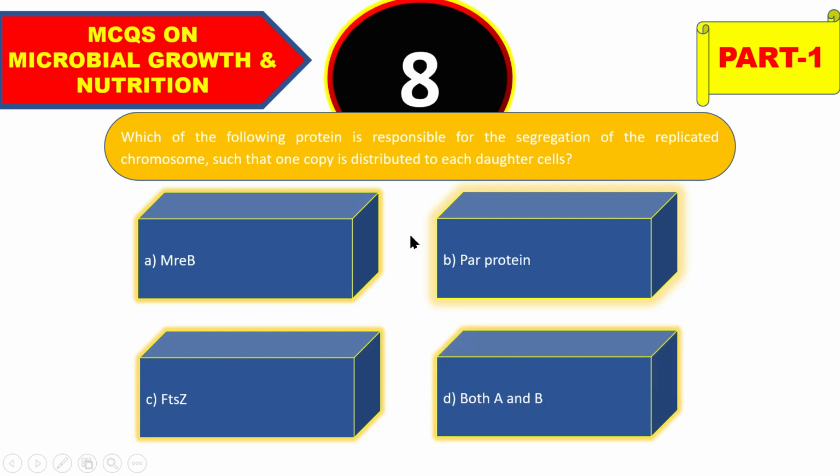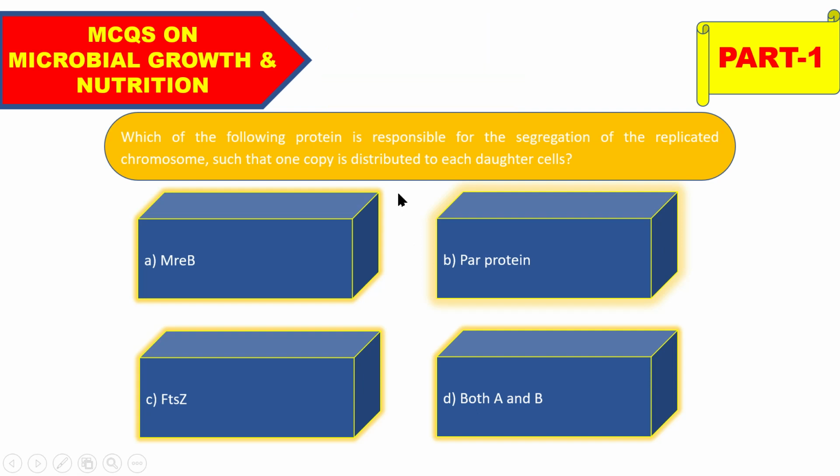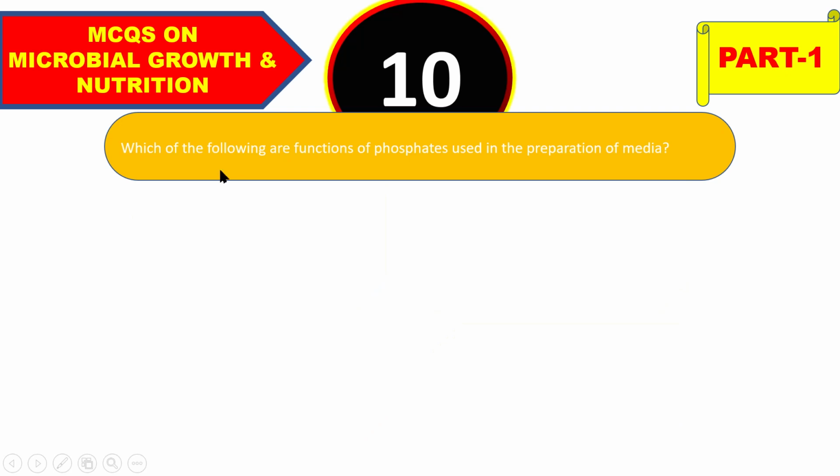And the right answer about the segregation of the replicated chromosome is option A and B. Option A means MukB and PAR proteins are responsible for the segregation of the replicated chromosome to each of the daughter cells. Okay, so next one is which of the following are functions of phosphate used in the preparation